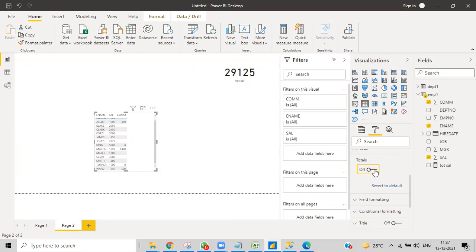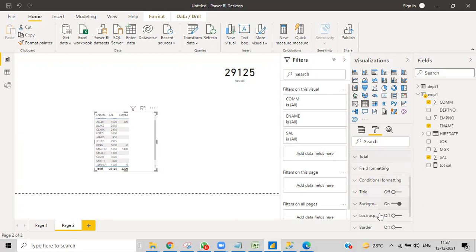The formatting options sometimes change from visual to visual. Not all the time, but we'll have background, border, shadow, tooltips, title, and general styling, which are common. Only some other values will change, which are different from other visuals.